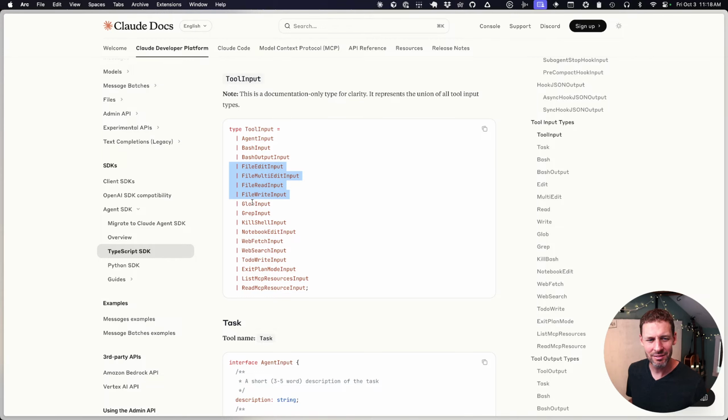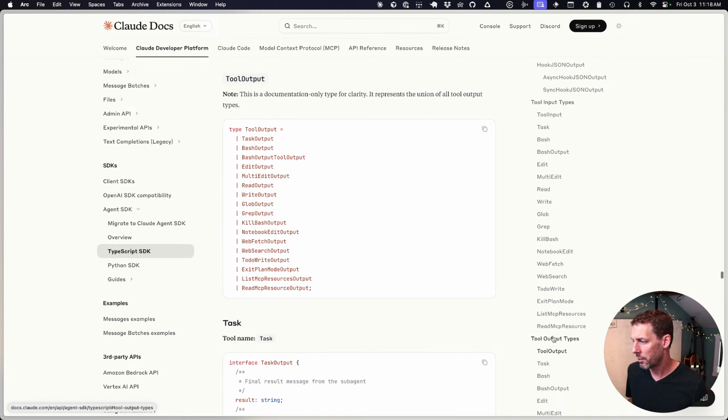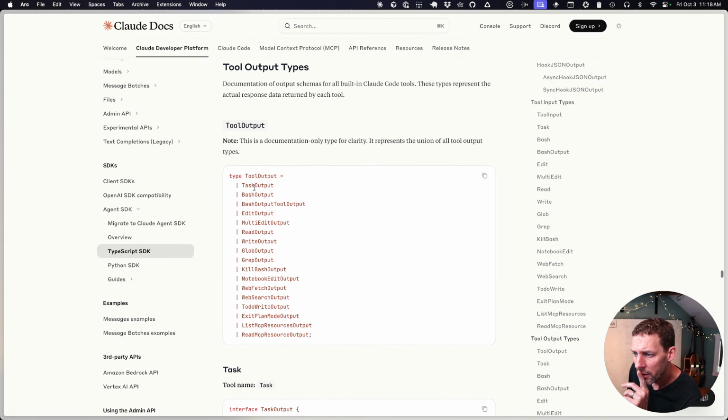Does the Claude Agent SDK have to have a file system and be able to run bash? I'm thinking I'm going to be able to turn some of these tools off. That's my assumption, but that's the whole reason for spiking into this, to test some of those assumptions. Kill shell input, glob input. Okay, and then there are tool output types. Same thing: bash, edit, multi-edits to edit multiple files, read and write files, glob, grep, kill bash, web fetch, web search,